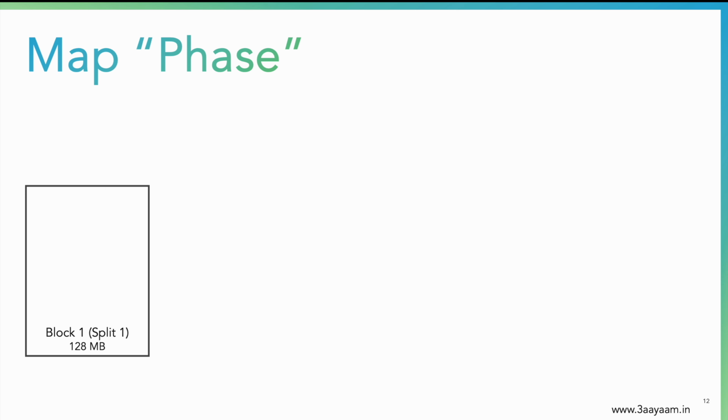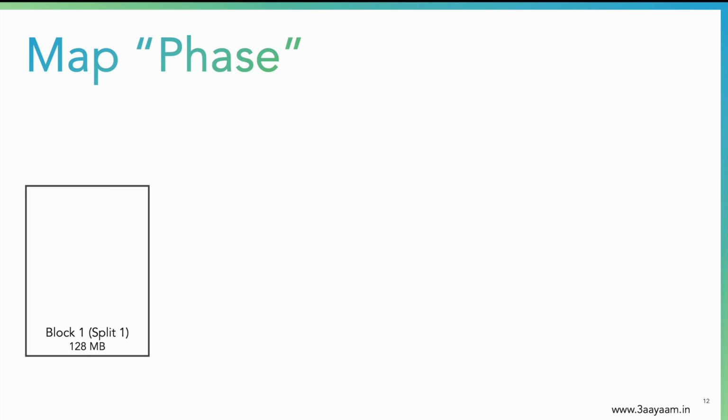What would happen is that the map phase would run multiple tasks in parallel depending on the number of cores or the number of CPUs that you have in the machine. So let's say if there are 4 cores, which is very less by the way, then this process would run parallelly for 4 blocks. If there are 8 cores, the same process would run for 8 blocks, and so on. If the file size is pretty big, then the remaining blocks would wait for their turn to be processed